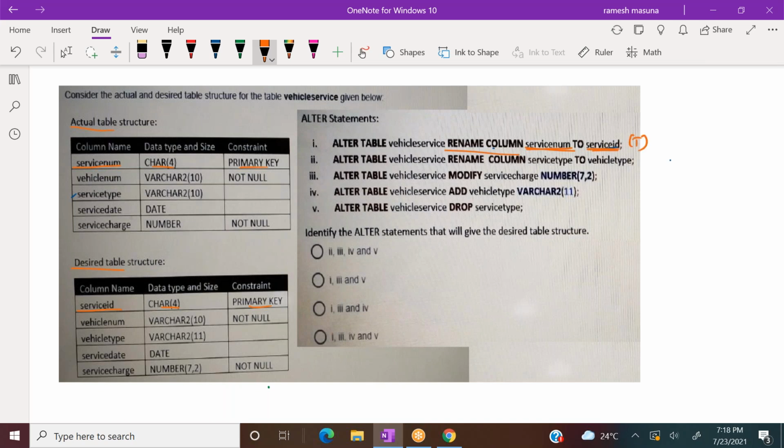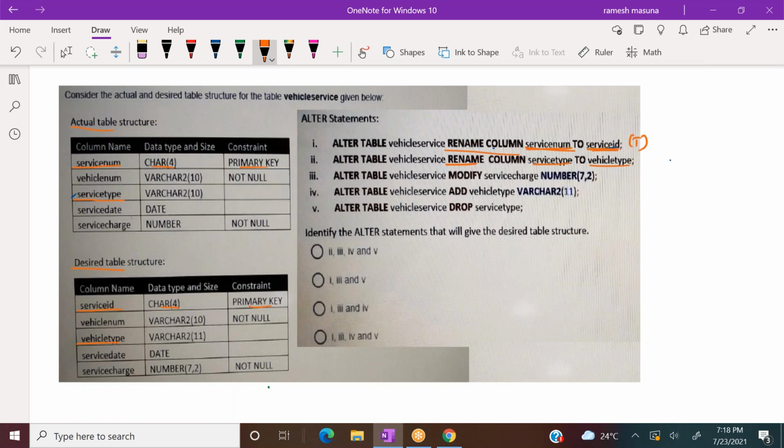What about the second statement? Alter table vehicle service rename. Rename means you are not going to change the domain. You are going to rename the column. Now rename column service type. Do you have a service type? Yes, already there. To vehicle type. Do you have vehicle type?